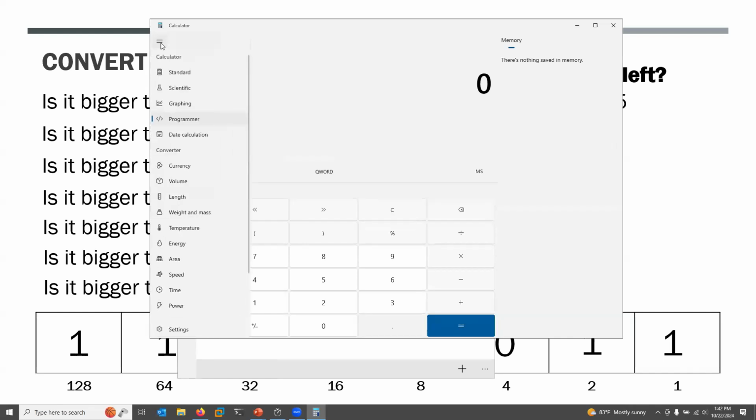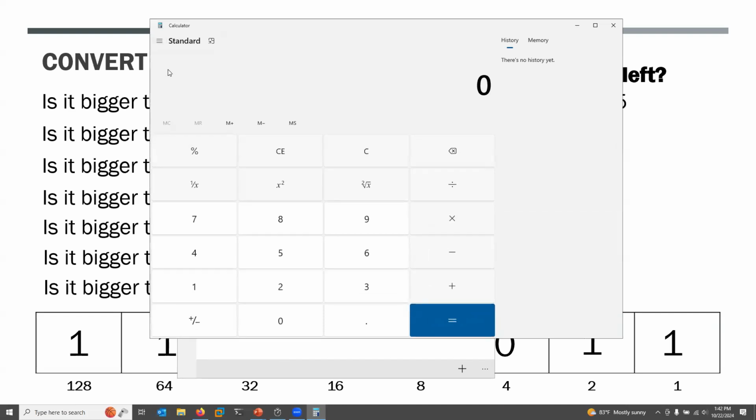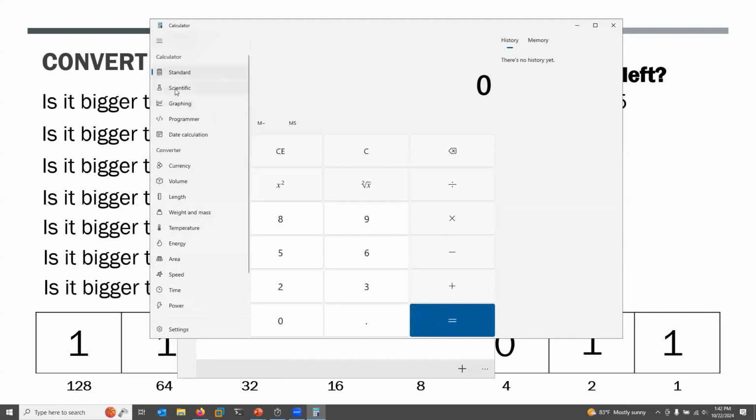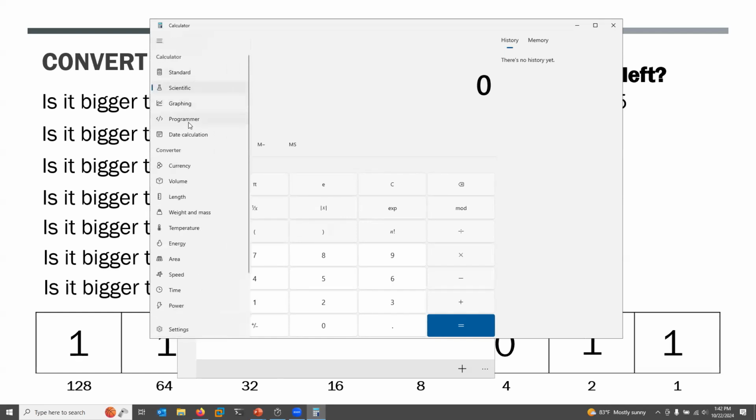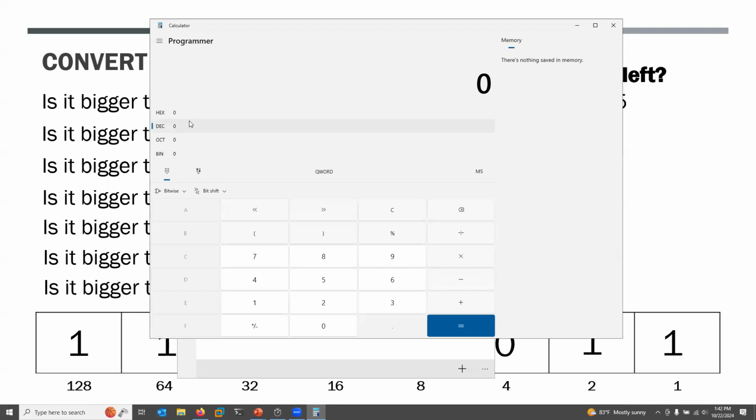It has multiple modes. There's the standard view, typical operations. There's scientific, which has all sorts of additional operations. But there's almost always a programmer mode, right? And so, for example, you'll notice here in programmer mode, there are different bases, right? So there's decimal, binary, and hexadecimal and octal, which we'll talk about later. So I'm here in decimal mode, and if I type in